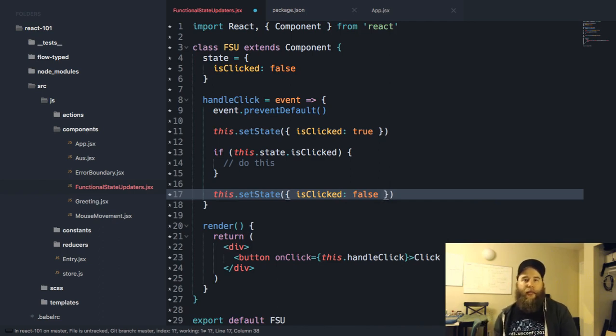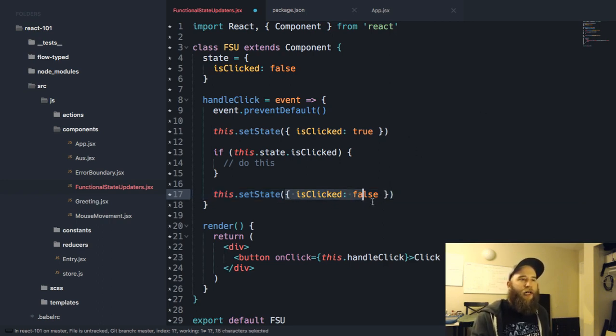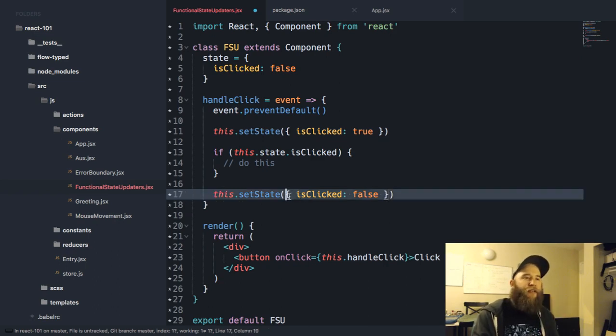This won't work. The way that React works under the hood is that it's going to take setState calls that are in the same portion of the event loop that use the object signature, that's what I'm going to call this, the object signature, and it's going to merge them together, basically with Object.assign.